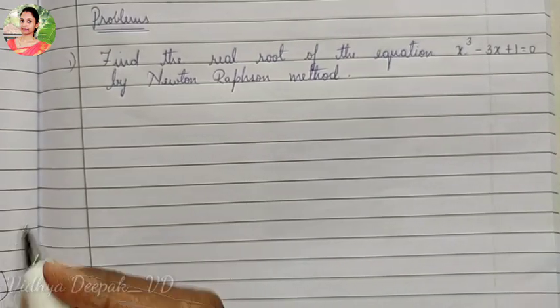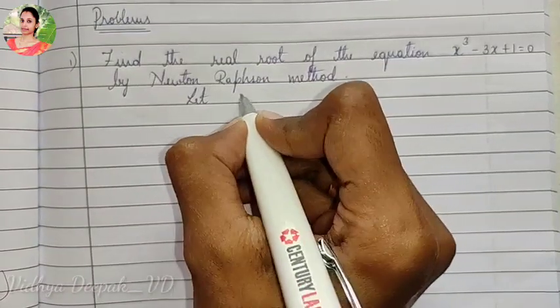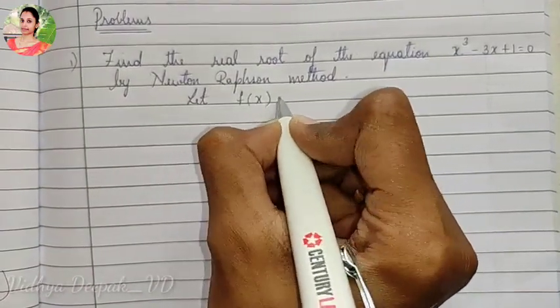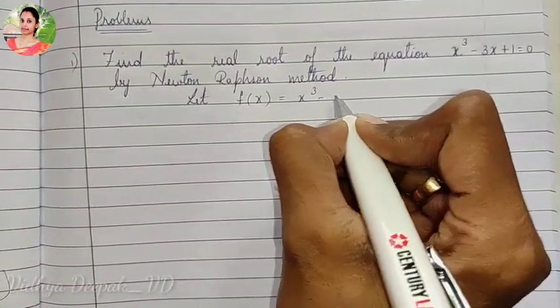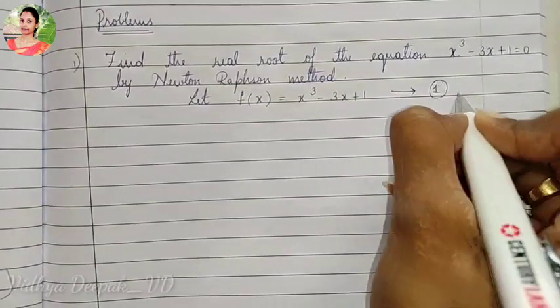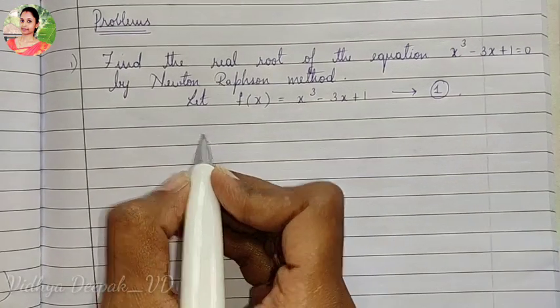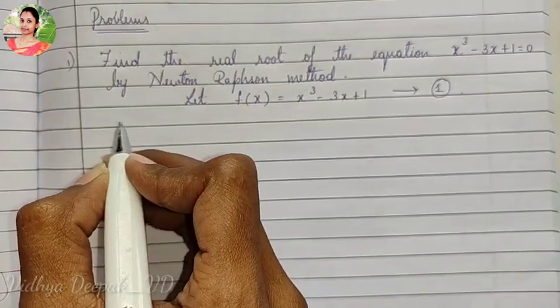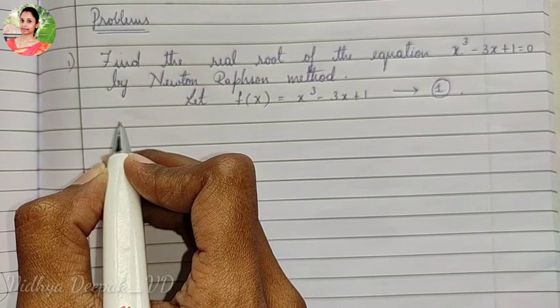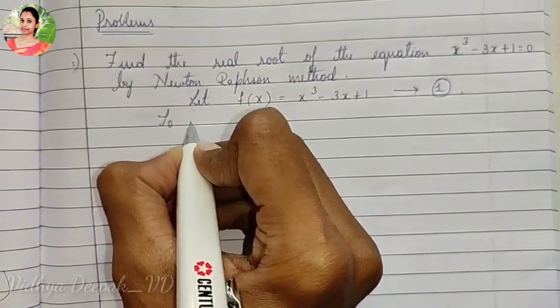Okay, so now first we have to take the given equation to be equation 1. Let f of x be equal to x cube minus 3x plus 1, which is equation 1. Now to find x naught, that is to find the initial root which is near to the root of the given equation, what we have to do, that is to choose